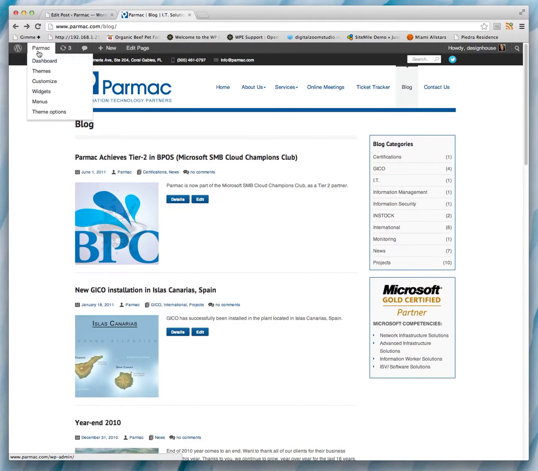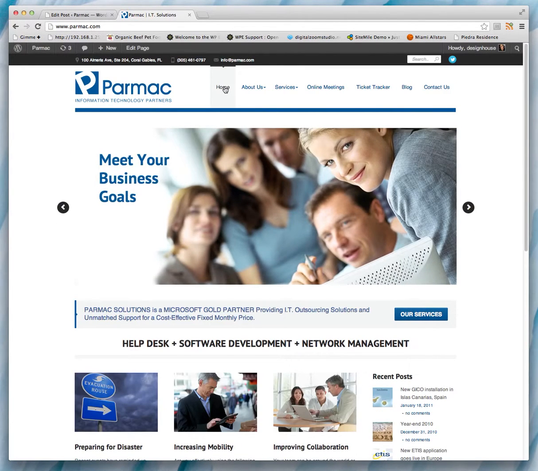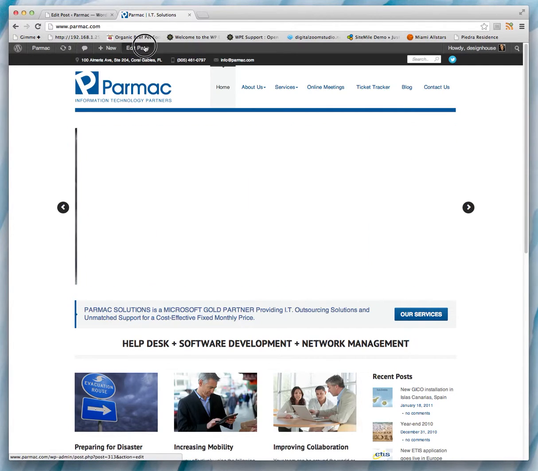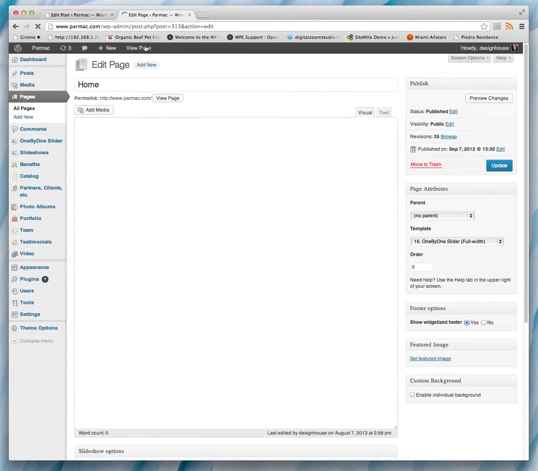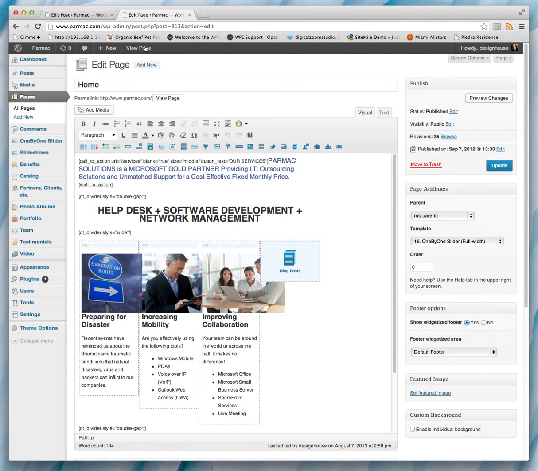Then let's go now to pages. So let's start with the home page. If you want to edit anything on this home page, you just click on Edit Page up here. And here's what it looks like on the back end. Basically, you have to be careful here only not to disturb the codes which are in brackets. If you see these little brackets, before and after codes, those you just leave alone so that the layout